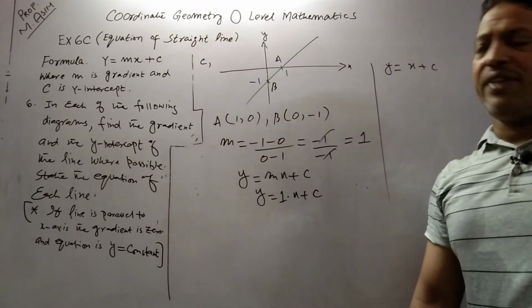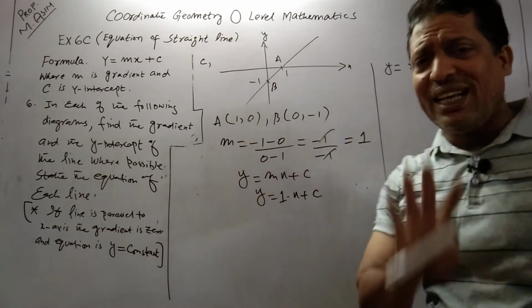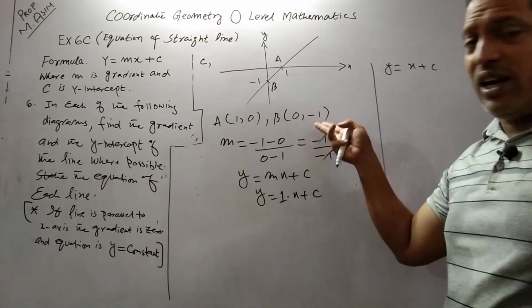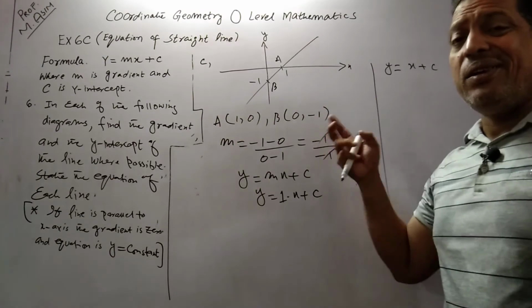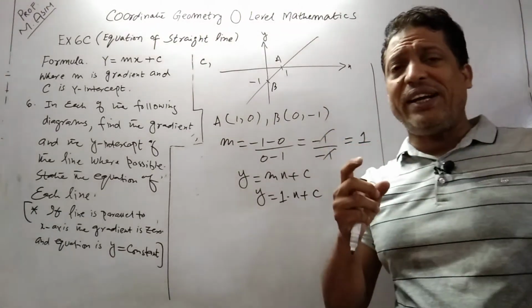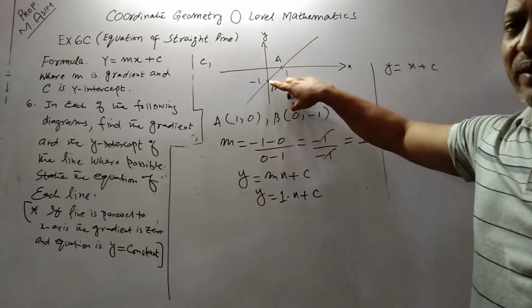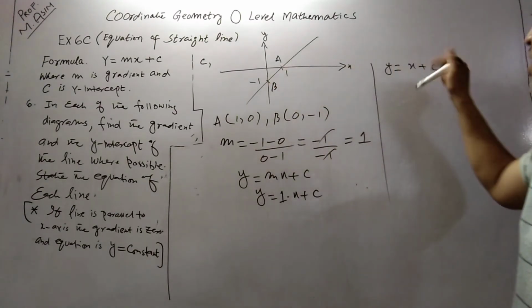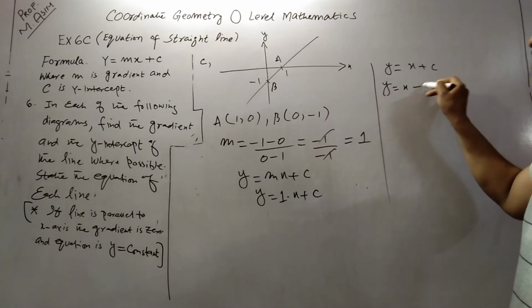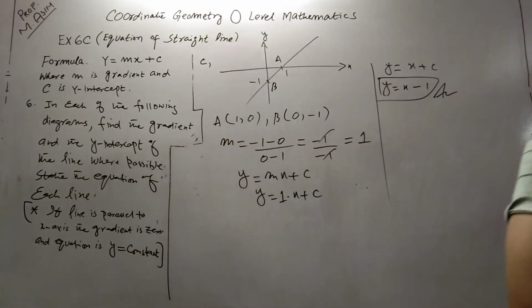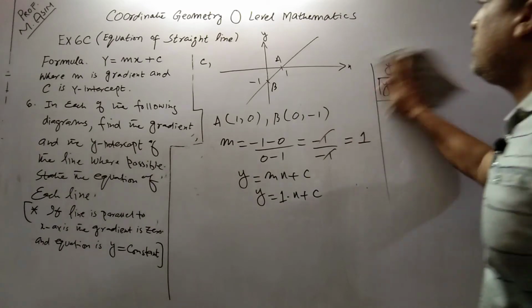But in this case, if you take A or B, you will get the answer and it is 100% correct. But why should I take this point? If y-intercept is given, what is y-intercept? Where the line cuts the y-axis. In this case, the line cuts -1 on y-axis, therefore our value of c is -1. So this is our final answer. I hope you understand. See, last part of this question number